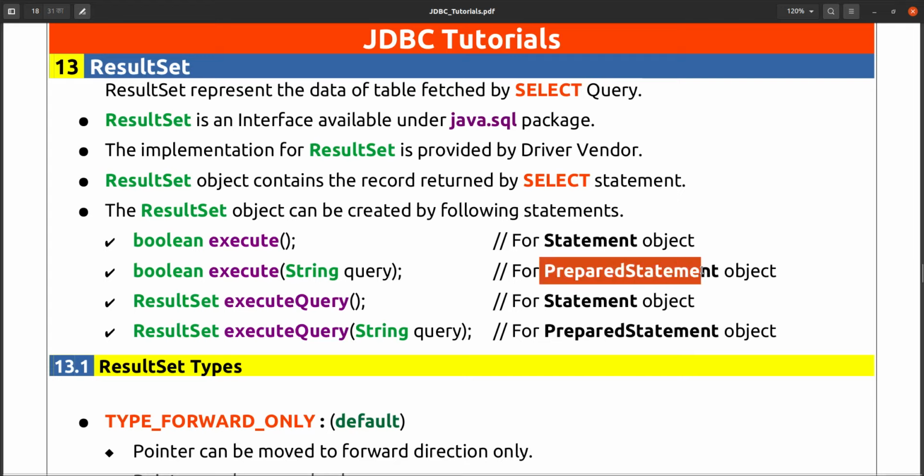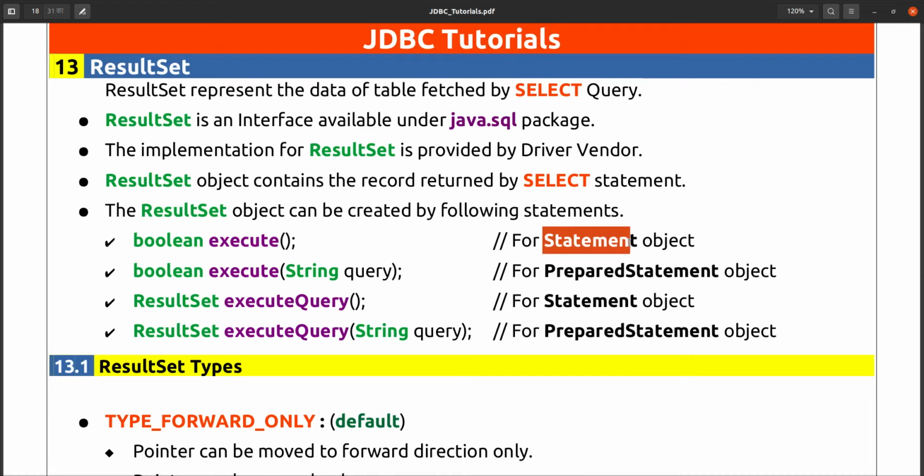While creating a prepared statement we pass the query because it is pre-compiled.